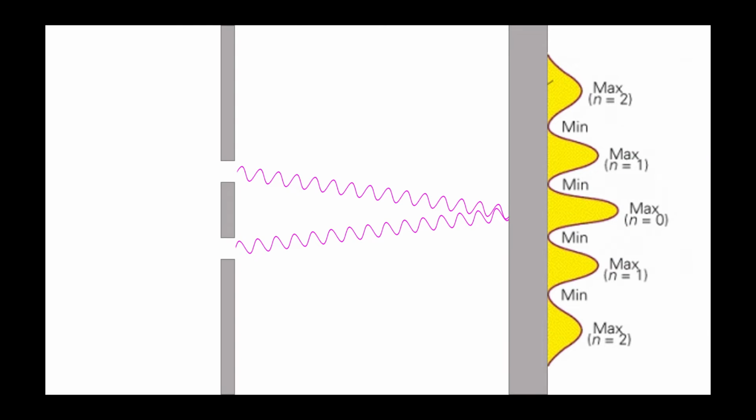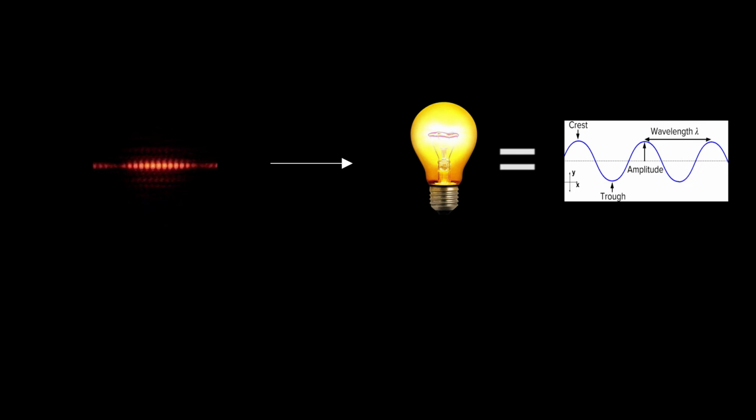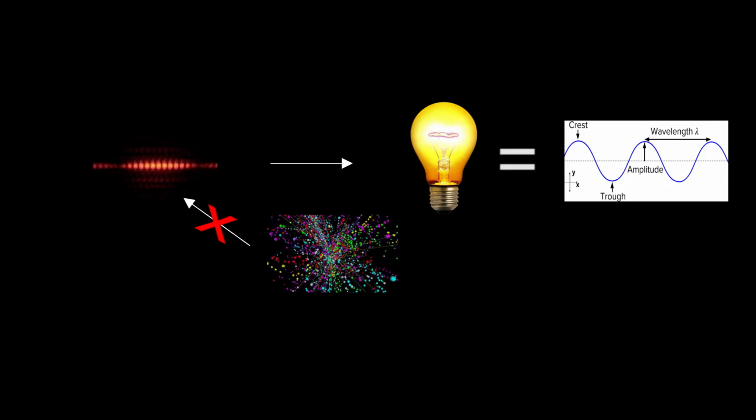In the middle of the screen, the path length of light from both slits is exactly the same, which results in constructive interference, and a bright fringe is formed. In a spot slightly below the middle, the path length from the top slit is slightly longer than the path length from the bottom slit. In fact, the difference in path length is exactly half the wavelength of light. This results in destructive interference and leaves a dark fringe on the screen. This showed that light was indeed a wave, as this pattern cannot be reproduced with particles.